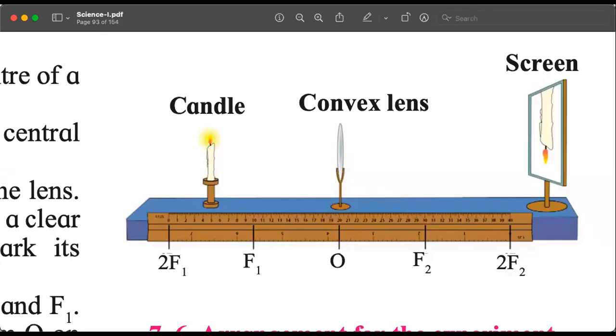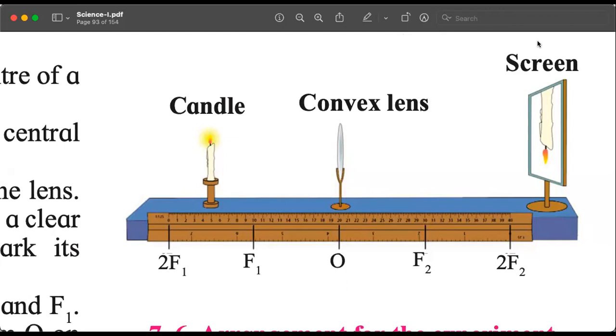Using the ray diagram came much later. Initially, people did not know how the lenses were working. Science is not about guessing. Science is about experimenting, finding the facts. And when certain things happen again and again, when there is a pattern, then we know that yes, this is how the things are working.